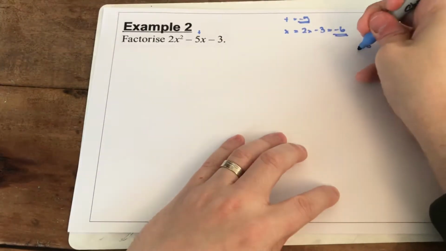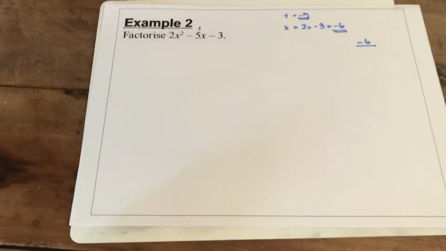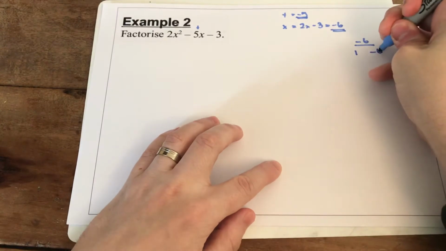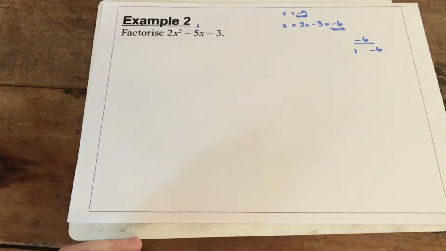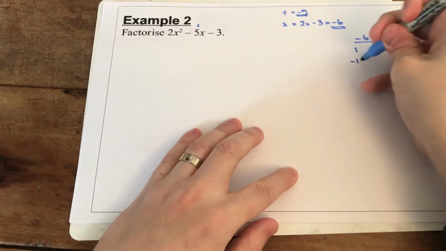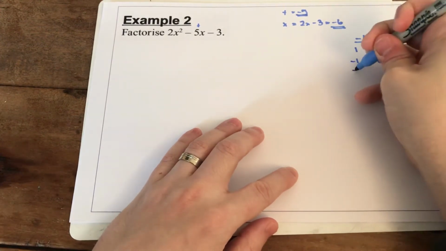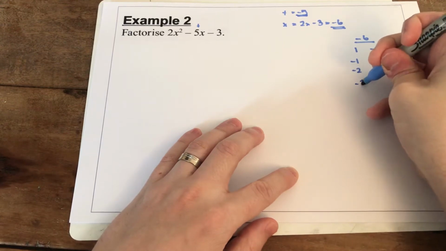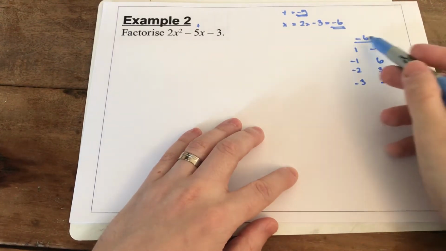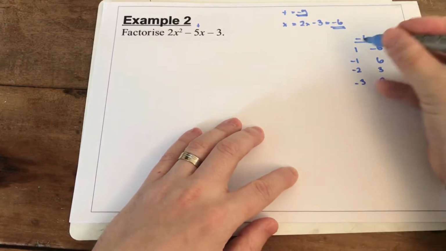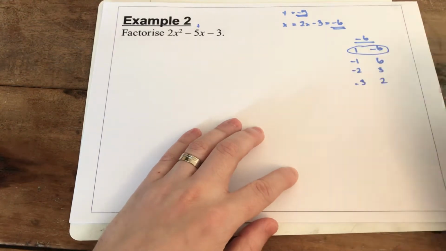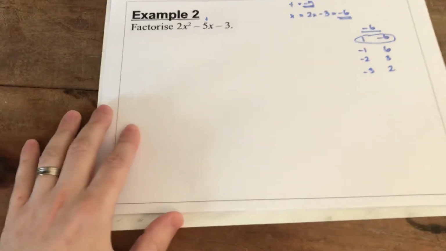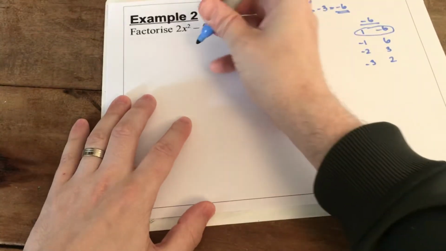Now if we look at factor pairs of minus 6, that means that one's positive, like 1 and minus 6, and one is negative. So we have minus 1 and 6, minus 2 and 3, and minus 3 and 2. Now looking for pairs of these that add to minus 5, it was actually my first number that I put down that gives us that. Now, what we do for this is we take